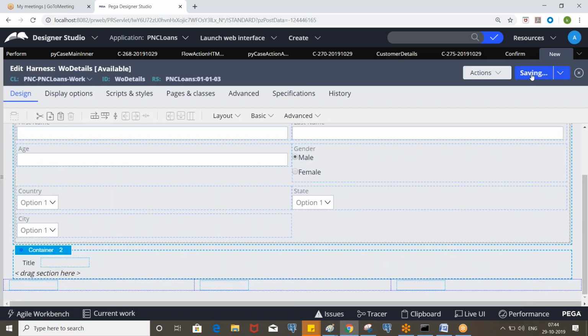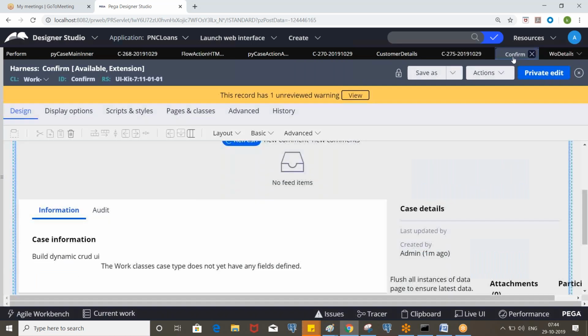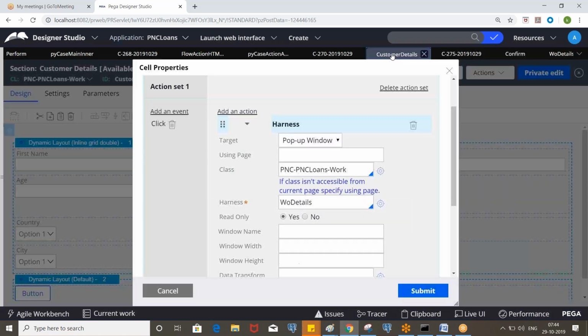Okay, so you can actually design a separate section where you put all the properties which you want to show on click of button, and you can call that in the harness, and call that harness here. Okay, and how do we want to display that harness?